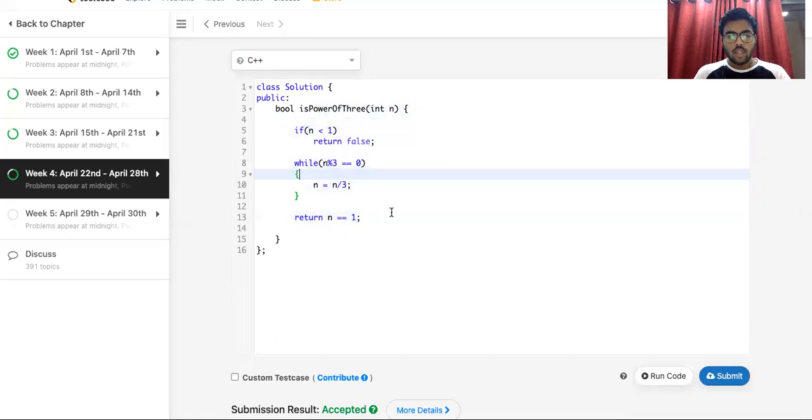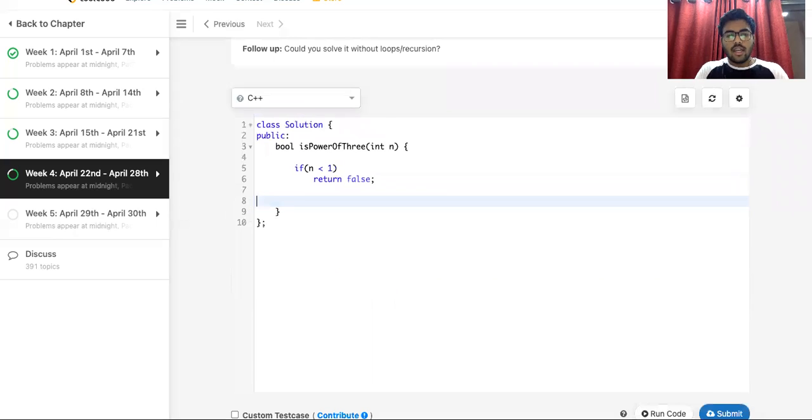The other method, we can do it by recursion also. If n is less than or equal to 1, then we check if n is equal to 1. So if n is less than 1, we need to return false. If n is equal to 1, we know that we've reached the base condition.